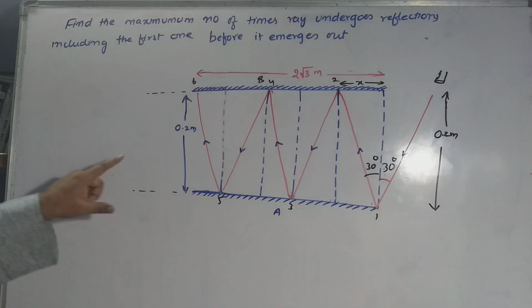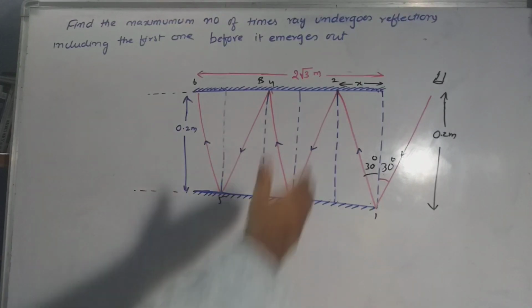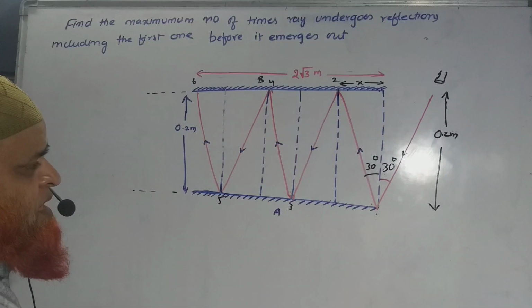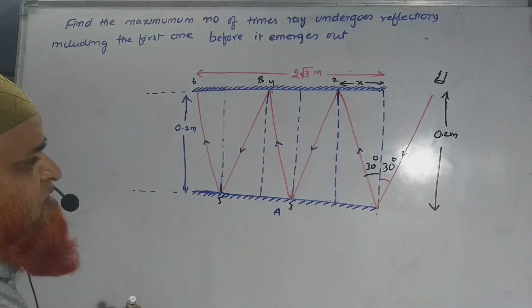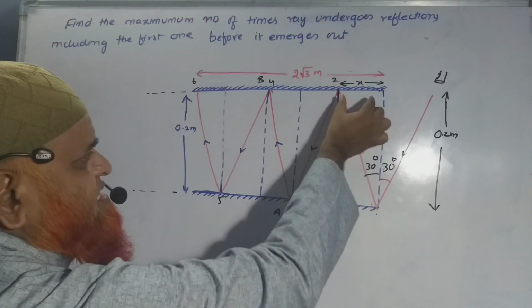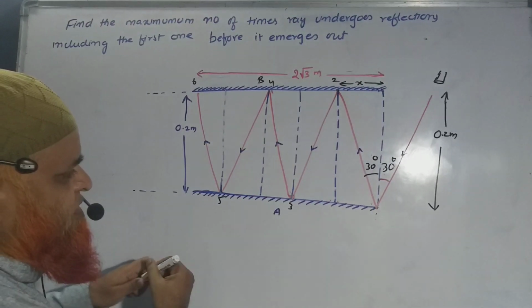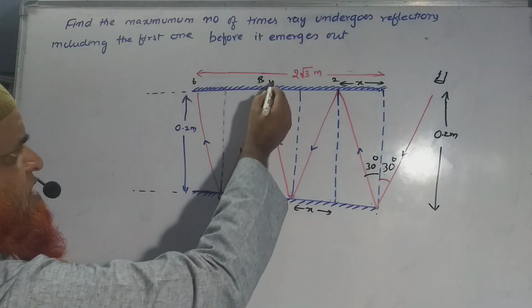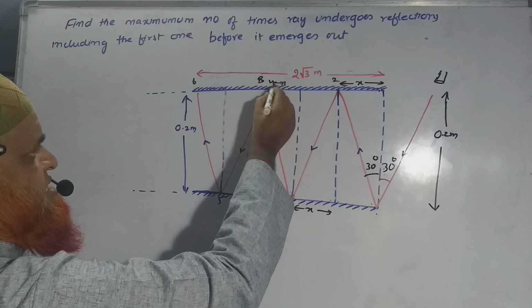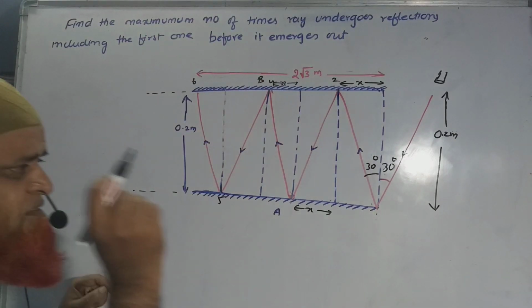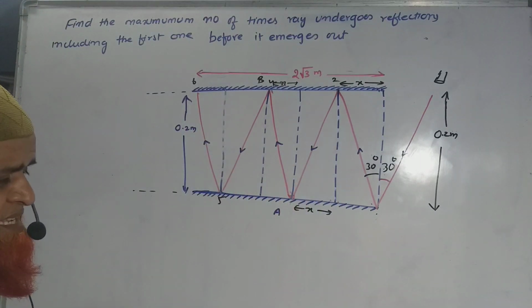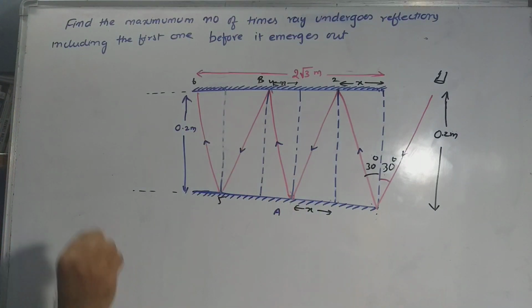Our question is, there are two plane mirrors. A light ray comes and strikes the mirror. It takes one reflection. Once the light ray takes one reflection, the light ray moves a distance x. For the second reflection also, it moves distance x. For the third reflection also, it moves distance x again. So for every reflection, the light ray moves distance x towards the left. That is the clue to solve the problem here.